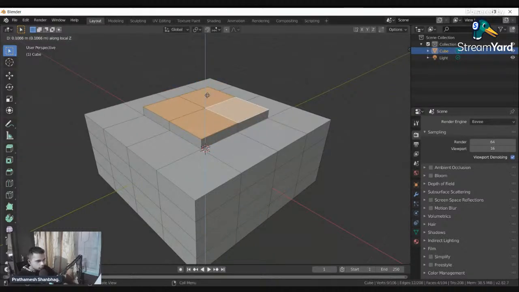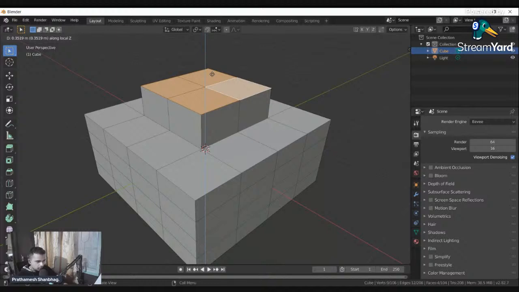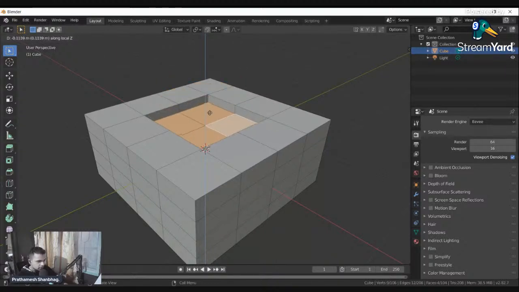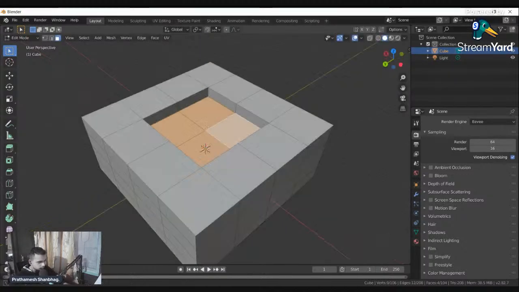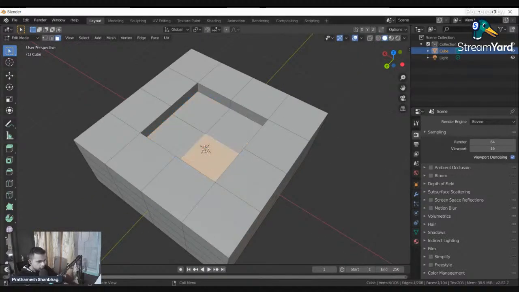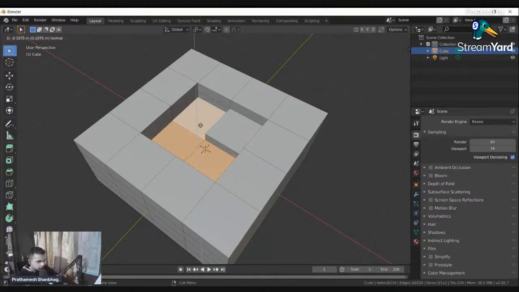So what we want to do is, you can make it go outside the bounds of the cube or insert it inside. So what I'm going to do is insert it a little bit, and now I'm going to select these three faces and extrude them further, and that's how it's going to look.